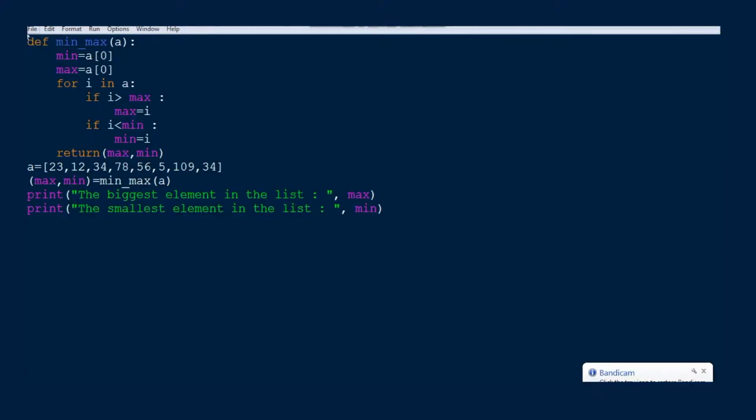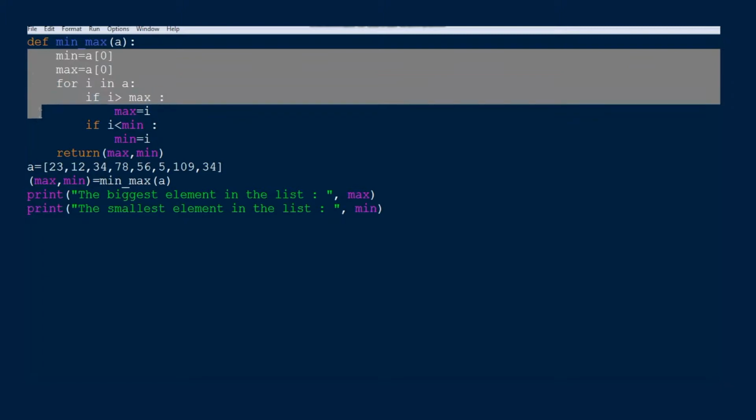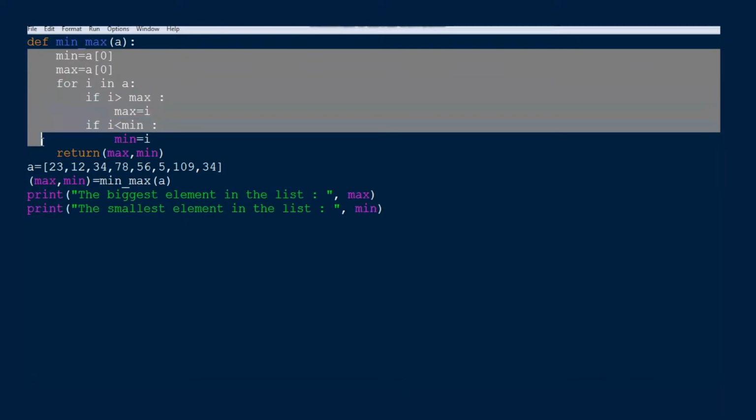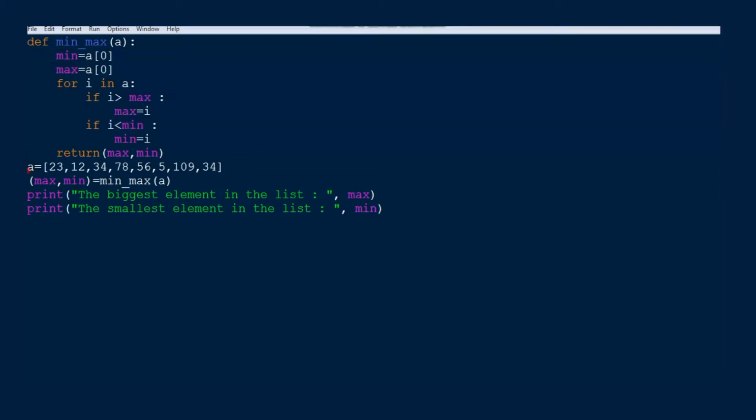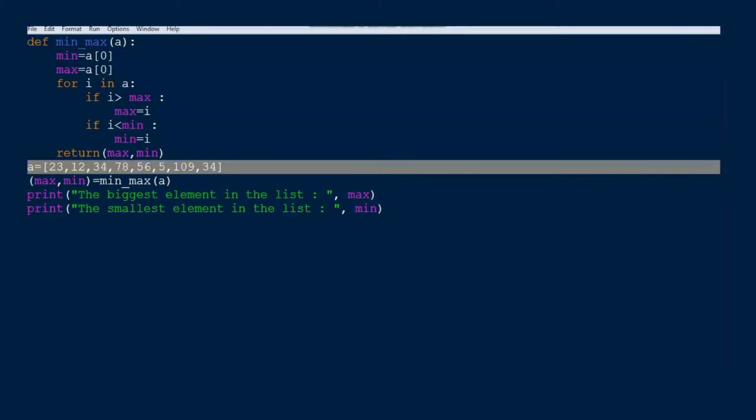So, in this example, we have defined a function that takes a list as argument. The list has a set of elements among which we want to find the biggest and smallest element. We have code for that. Then in the calling script, we have created a list and passed it as an argument to the min-max function.